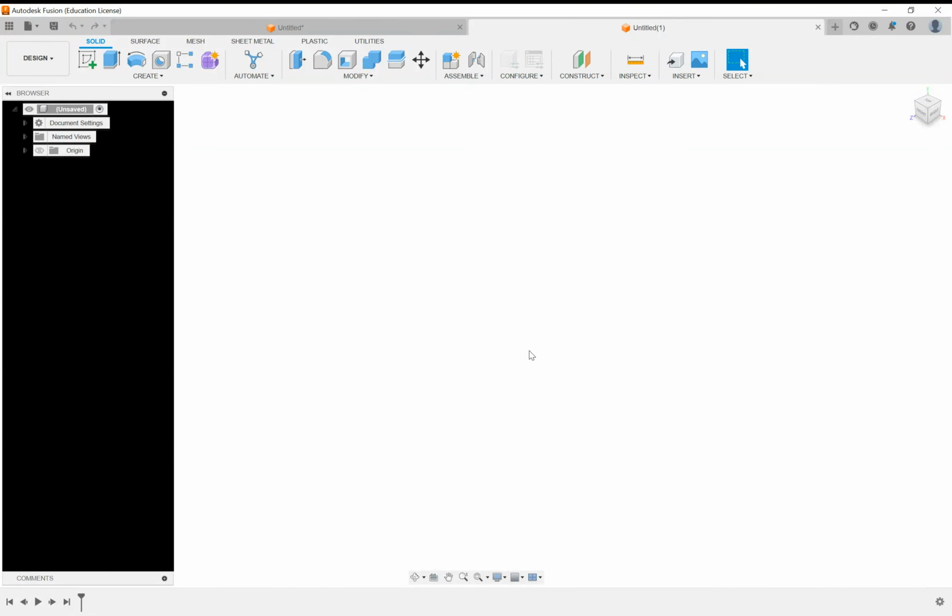Today we're going to be talking about sketching in Fusion 360. Sketching is where everything starts because you need a 2D outline in order to make any solid bodies. And so to do this,